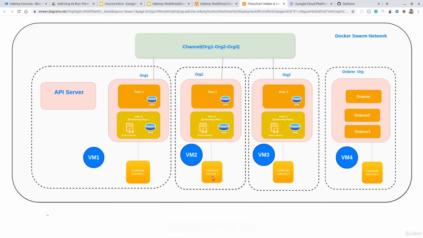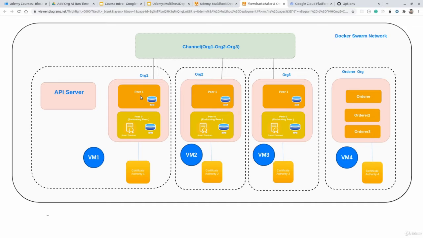Next, what are the different components available for each organization? You can see that each organization has 2 peers, here organization 1, organization 2 and organization 3. Of these, peer 0 is the endorsing peer for each organization, and it holds a smart contract. Each peer has a ledger, and inside the ledger we are using CouchDB as the current state database. So for each peer we will also have a separate service for the CouchDB database.